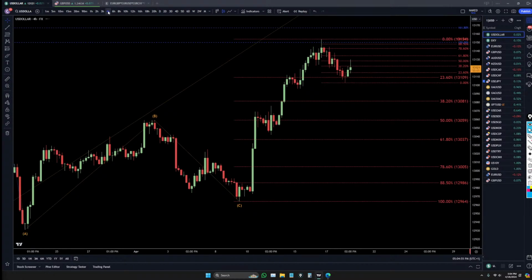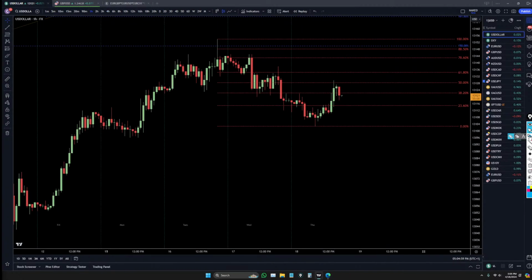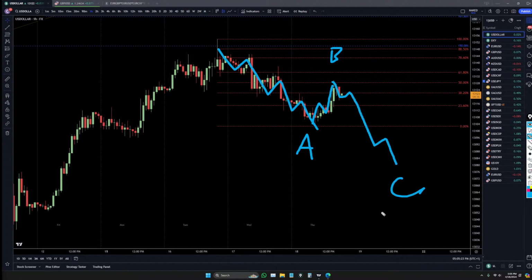So as I go down to the lower time frames, to me, it looks like a downtrend. This is a downtrend right here, and it also looks like this is a correction to that downtrend. I think there's a pretty good chance this is a wave A and this is a wave B. Now maybe it'll push up one more time, maybe not, but it seems likely to me that this is going to go down again for a wave C and probably make some sort of an ABC correction.